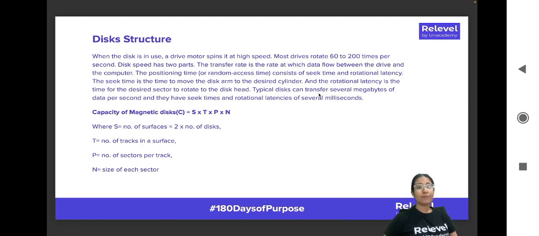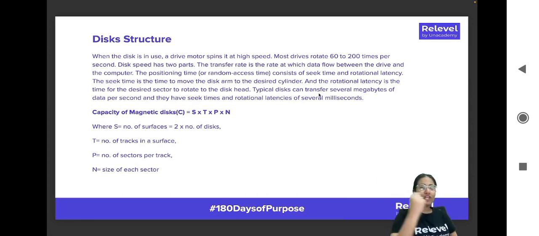The positioning time, or the random access time, is the time that consists of the seek time and the rotational latency. So remember, random access time is the sum of seek time plus rotational latency. And what is the seek time? The seek time is when the disk arm has to move to the desired cylinder, correct? And rotational latency is the time for the